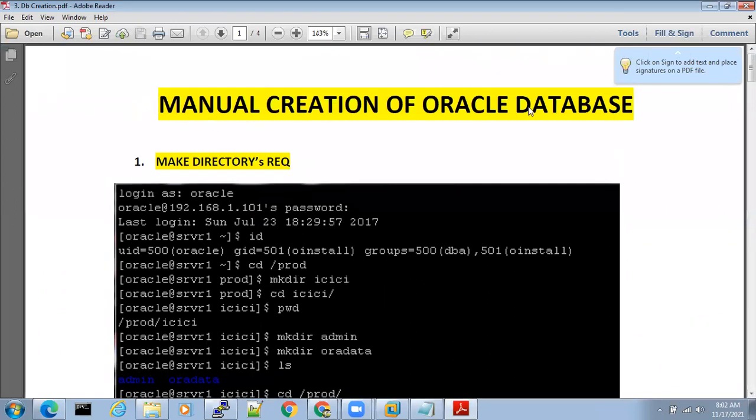So, manual database creation method. Step number 1. We have logged into the server as Oracle. See here, we have logged into the server as Oracle. And then step number 1,